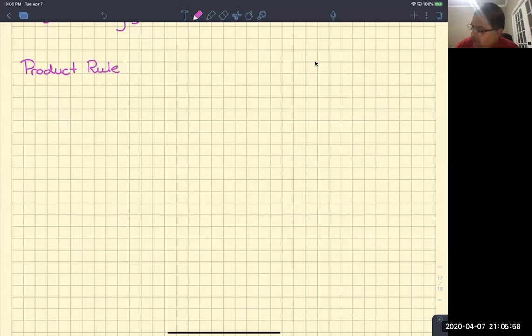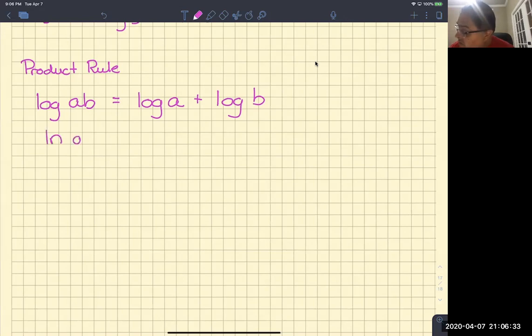The product rule says the log of two numbers multiplied together can be separated into log A plus log B. So the log of a product is equal to the log of the first factor plus the log of the second factor. Now, in this example, I did this with common log, but you can use any log of any base. So this property holds for